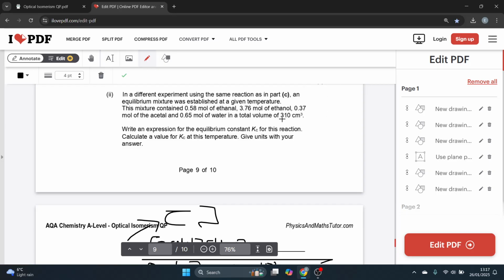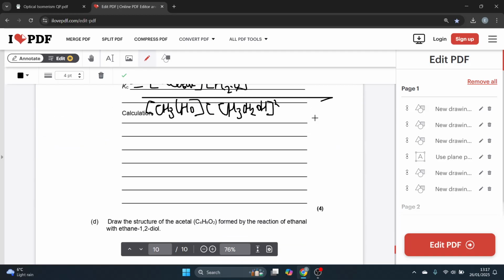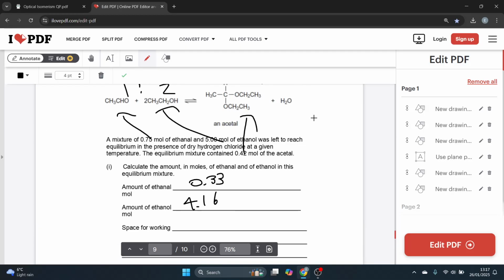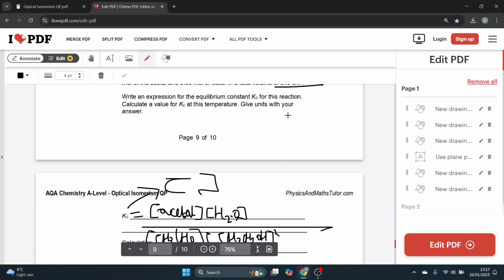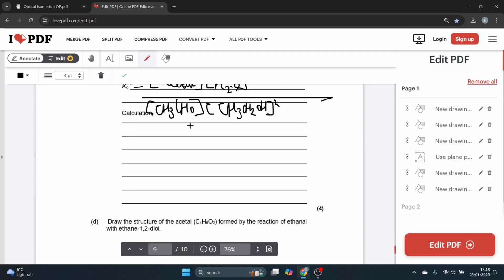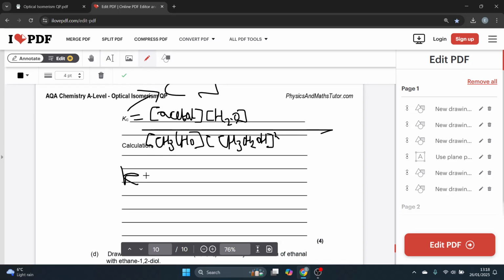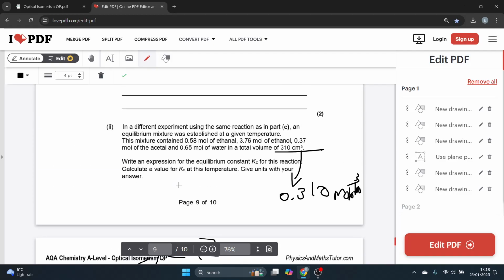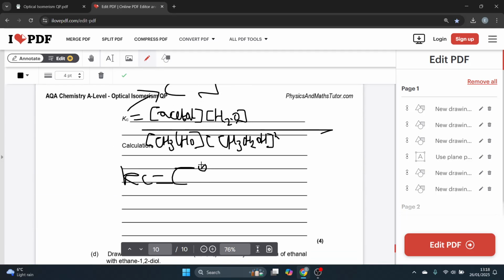So I know the total volume is this, and obviously I'm going to want to convert it into moles per dm cubed. So that's going to be 0.31 moles per dm cubed. And I need to show the calculation, it's 4 marks. So Kc is going to be square brackets acetal, and these are equilibrium moles. 0.37 divided by 0.31